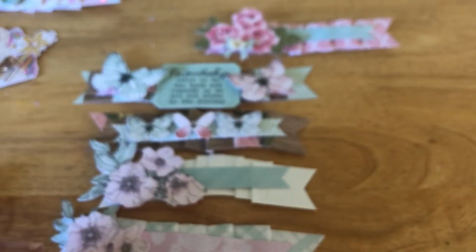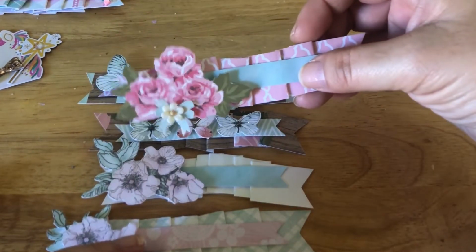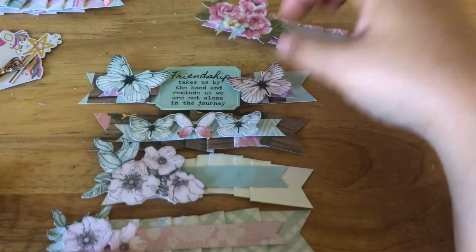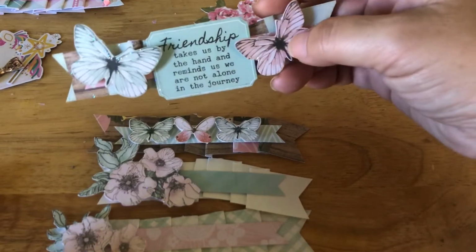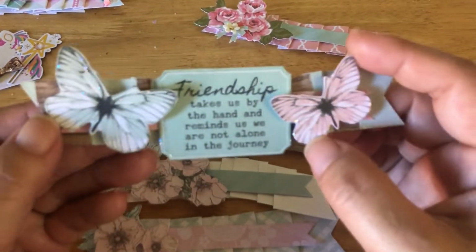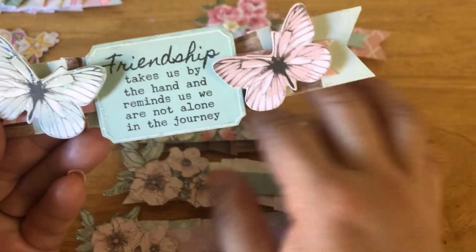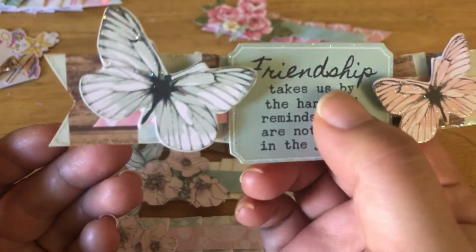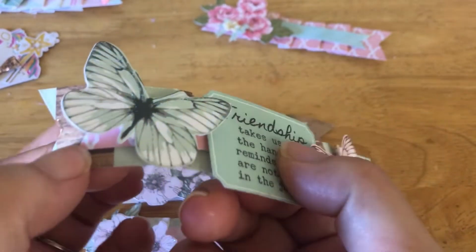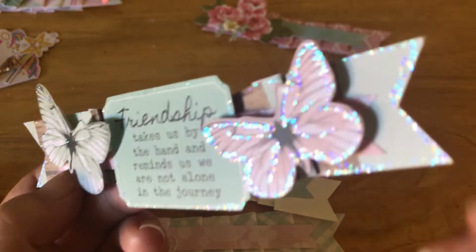And then these, because all of the papers were a little bit lighter in the pastel colors compared to this one. This one is a little bit more peachy. This is more really light pink and light mint. So I found a different collection. I think it's a fairy collection, but it had a lot of friendship quotes on there. But it matched the tone of the paper better. So this one, you can't even see the peachy color I had underneath. But I decided to put the butterflies, and then I did